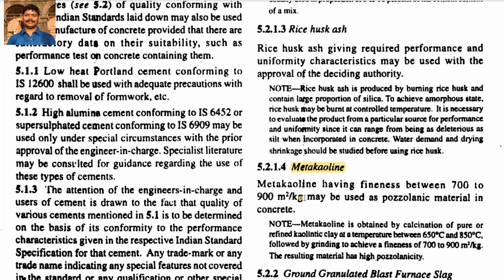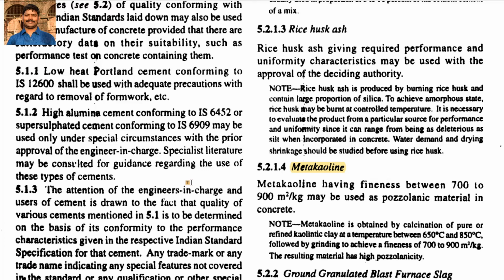Another is the metakaolin. Metakaolin is one type of admixture. Metakaolin is one type of clay. This clay is also called China clay. This metakaolin is normally very fine. Its fineness is high, but low in comparison to the silica fume, though high in comparison to the cement. It also has some binding property. Normally metakaolin is used in porcelain, and since it has some binding property, it is normally used as an admixture in the cement.